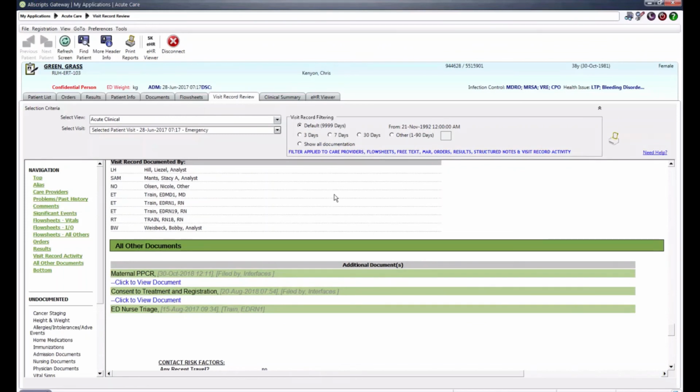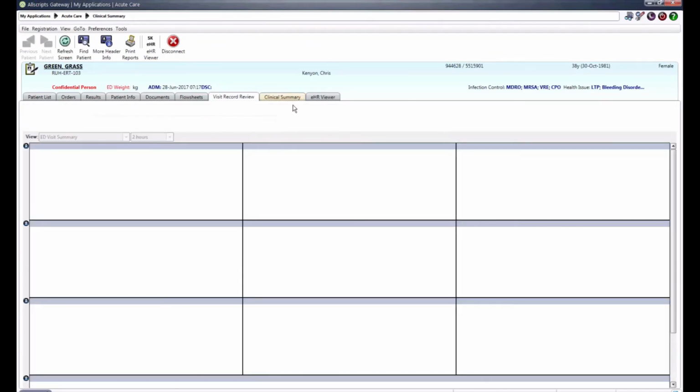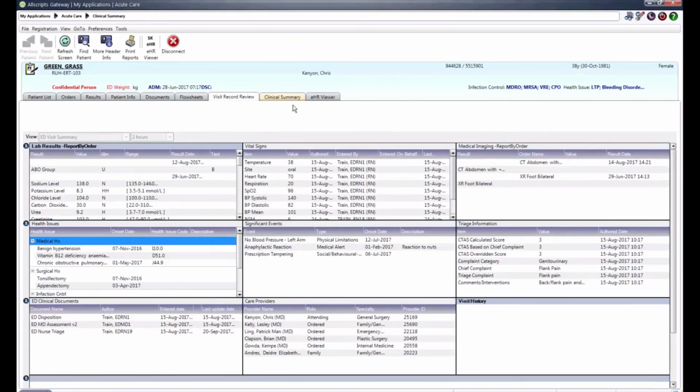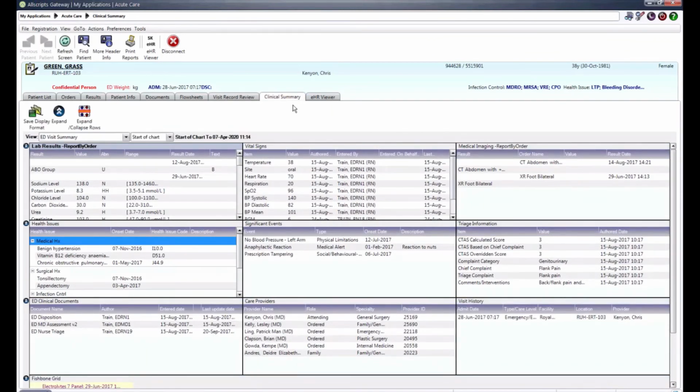The Clinical Summary tab pulls information from the current visit all into one summary based on the available tiles as seen here. The ED Visit Summary view is used as a base for a handover document between emergency department and inpatient units or other emergency departments. The information that is displayed includes ED lab results, ED vital signs, ED medical imaging results, which you can access the report just by double-clicking on one of the result items,